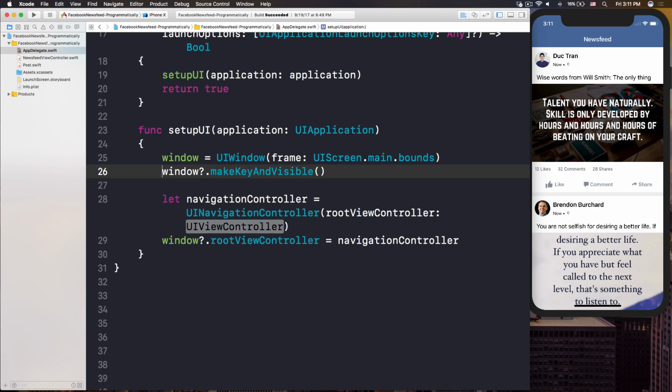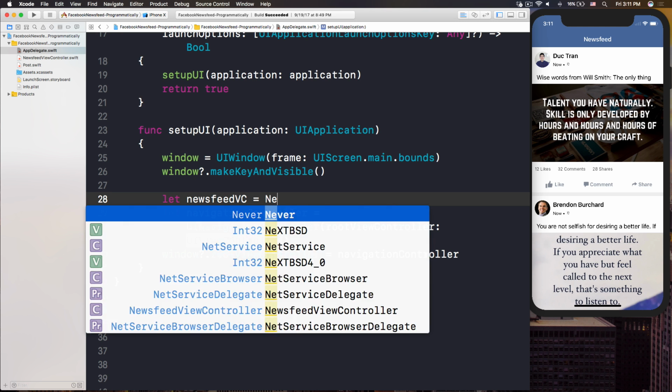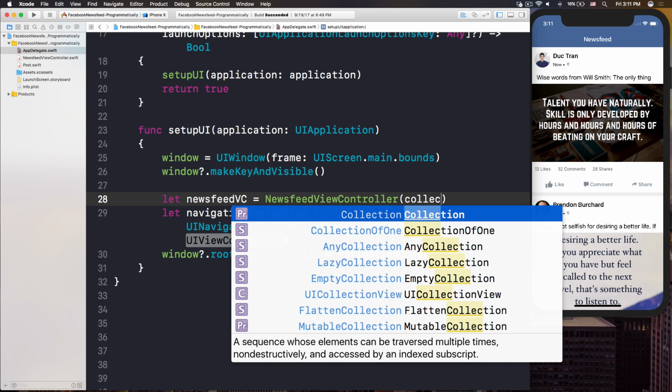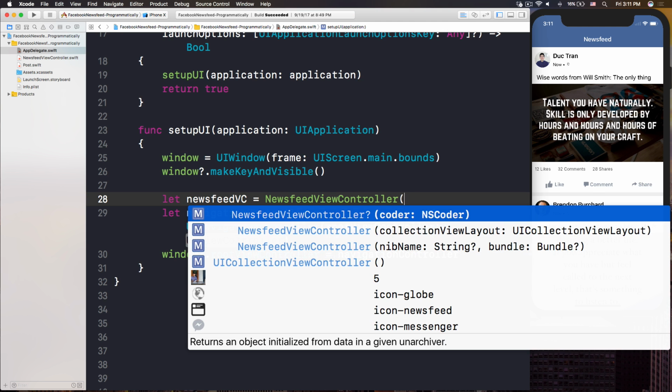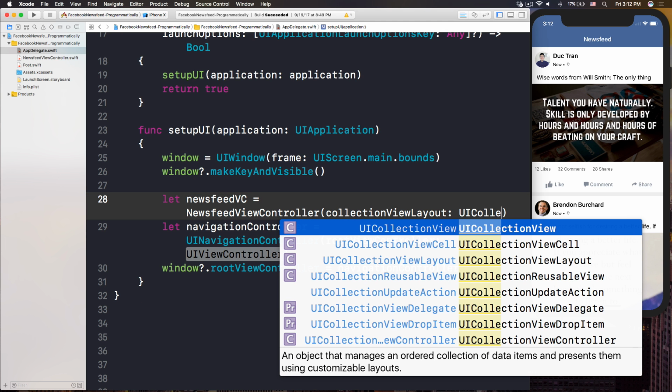Now, over here in the app delegate, let's create an instance of that NewsfeedViewController. So let's call it newsfeedVC, to be our NewsfeedViewController. And we pass in, now because it is a subclass of UICollectionViewController, it has an initializer for the collection view layout. And here, we need to go in and we're going to use the default one,